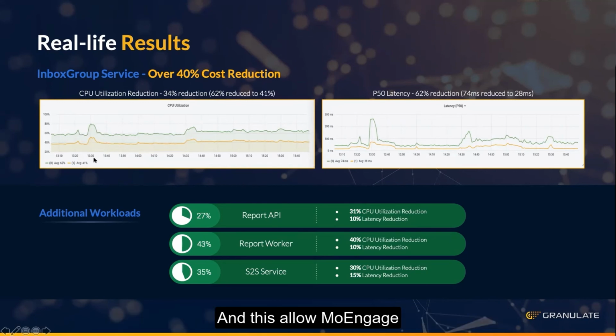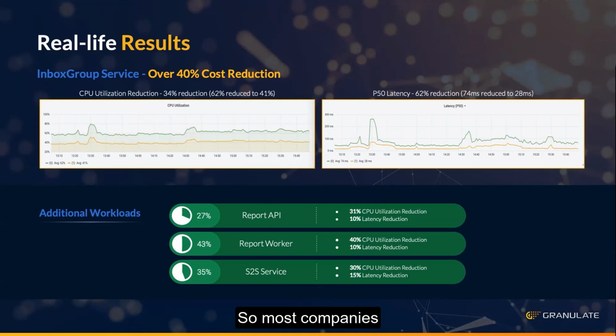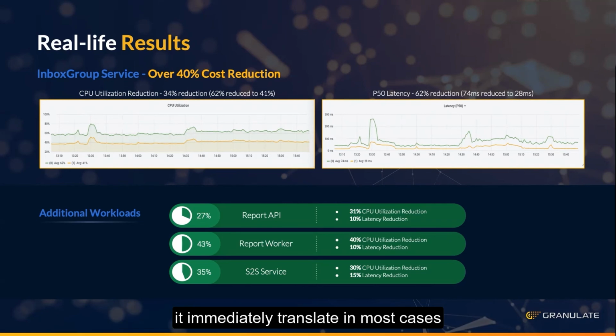And this allowed MoEngage not just to enjoy the improved performance, but actually realize that by auto-scaling automatically the number of instances on a cluster to enjoy reduction in cost. So most companies already have an auto-scaling policy in place. So this will happen automatically, or it will require a change to the threshold of the auto-scaling policy. But again, with such significant improved performance of 34% or 40%, it immediately translates in most cases to automatic cost reduction. And again, not just the CPU, you can see that also latency is benefiting pretty significantly. Again, another